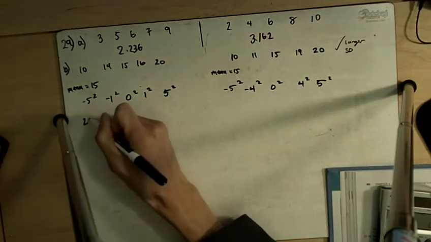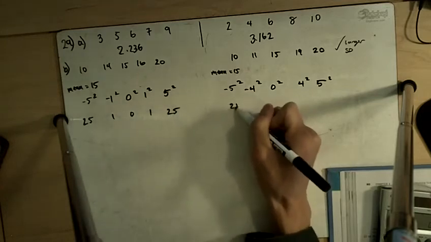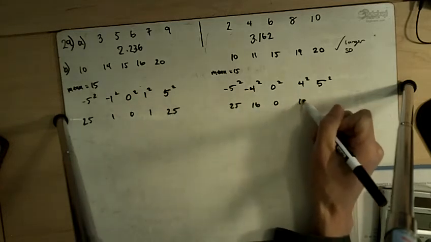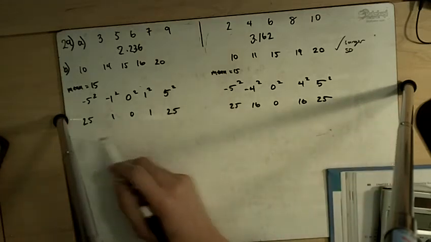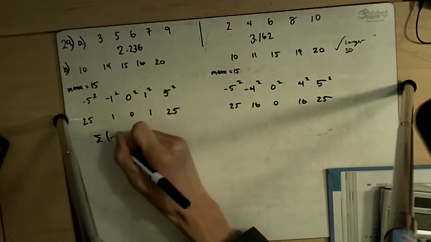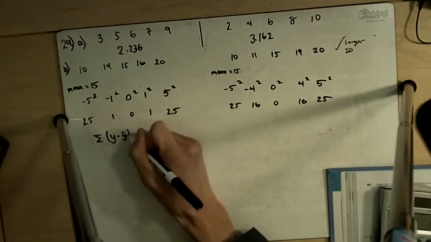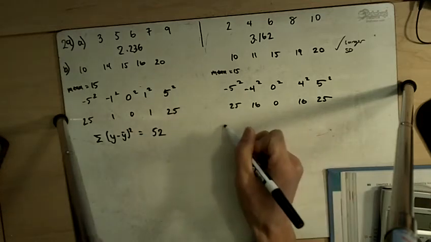And we get 25, 1, 0, 1, 25. We have 25, 16, 0, 16, 25. Okay. The next step is we add all of these up. So these add up. The sum, I'm going to just go ahead and write y minus y bar squared is equal to 52. And over here, the sum